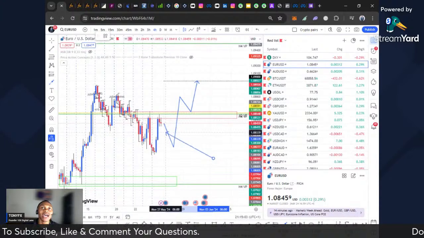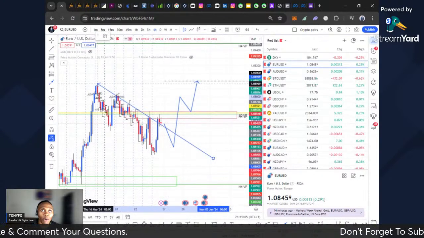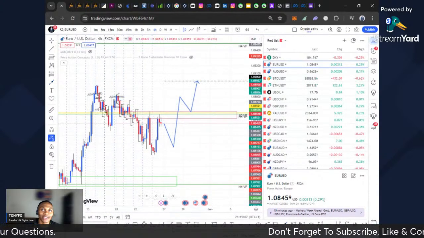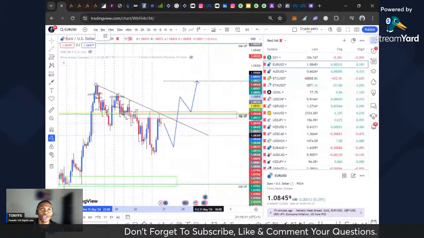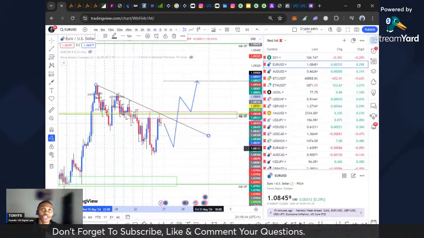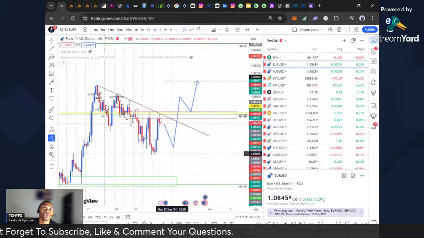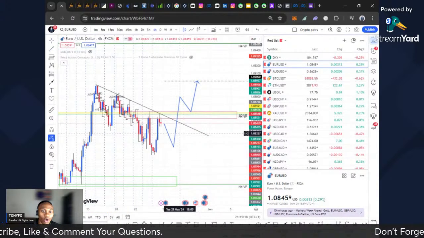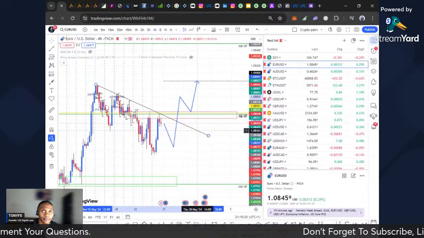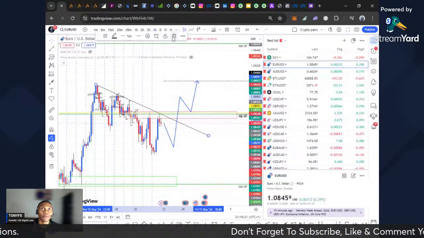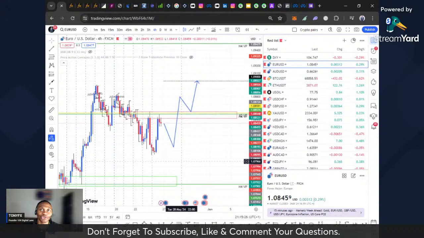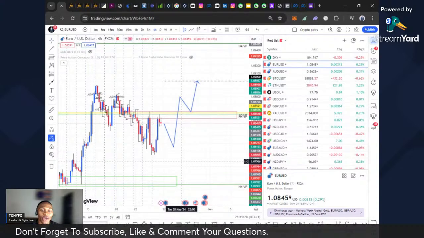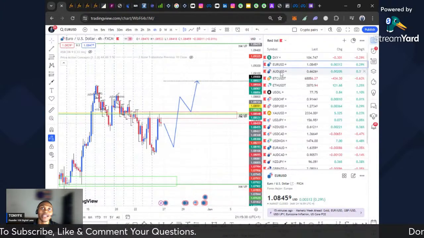But since the market is at a supply zone, I'm anticipating a sell opportunity, because you can see a smooth sell trend on Euro USD. The trend is your friend. We're trading with the trend. So I'm anticipating a sell on Euro USD as soon as the market opens up Monday, Tuesday. But before the week ends, we can expect strength to come into the euro and then a push to the upside.